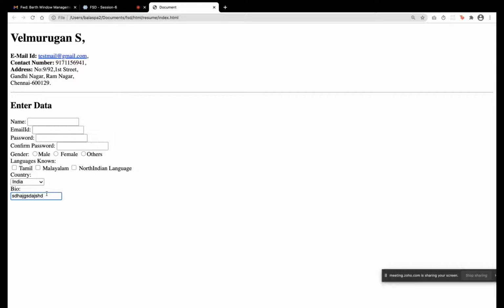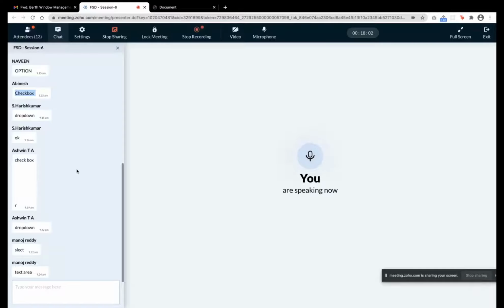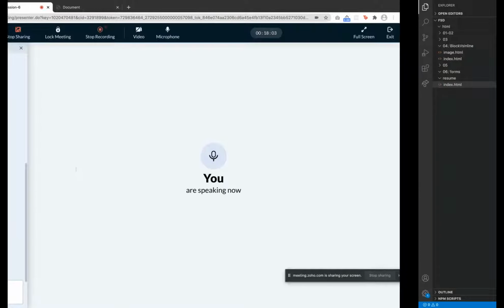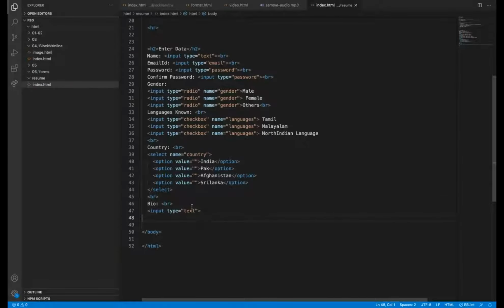So it may be 2, 3, 4 sentences also. So what do we need to do? Text area, yes. There is another thing, text area.